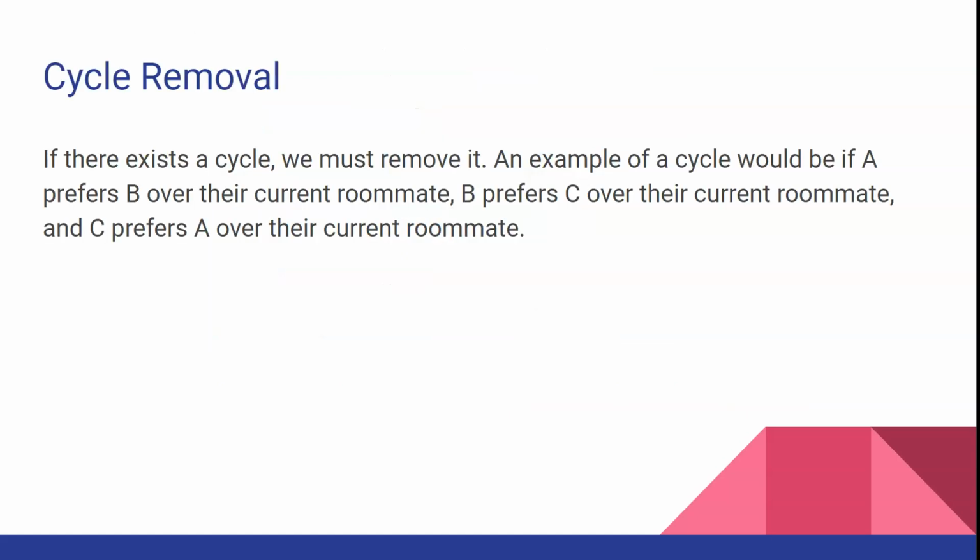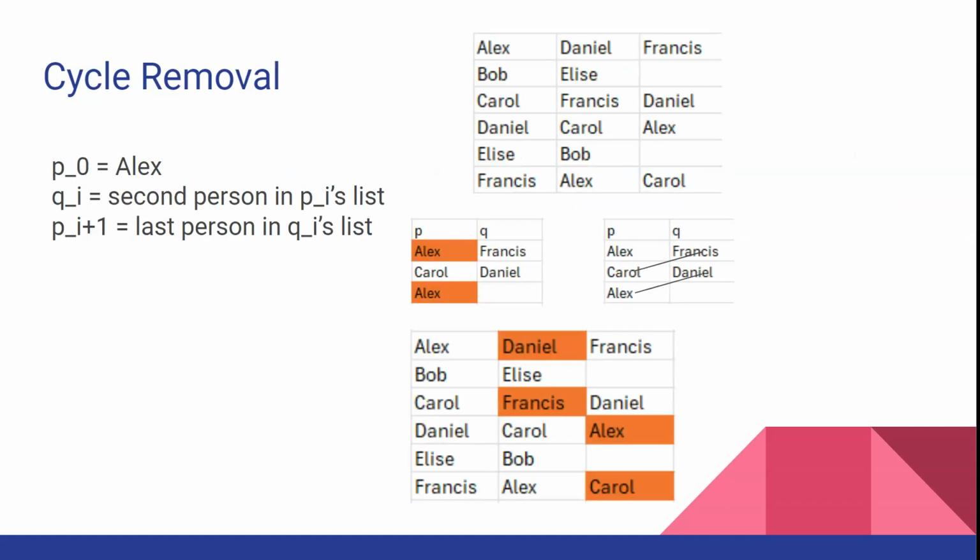So if there exists a cycle, we must remove it. To explain what a cycle is, an example would be if A prefers B over their current roommate, B prefers C over their current roommate, and C prefers A over their current roommate. So for cycle removal, there's a simple algorithm as a part of this whole algorithm that we can use to